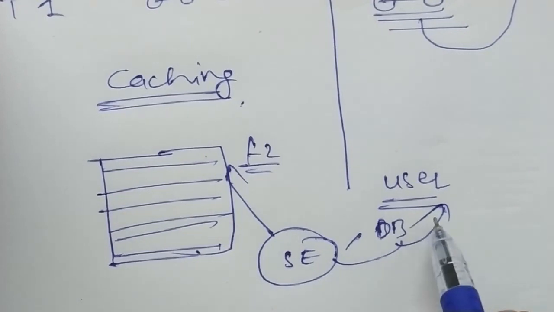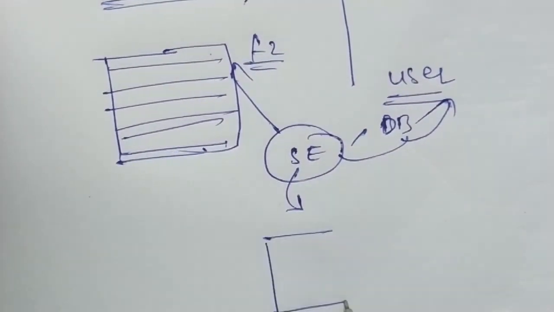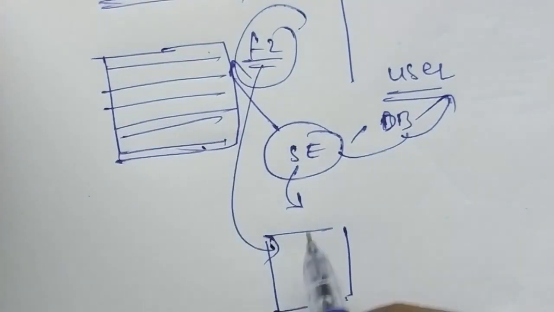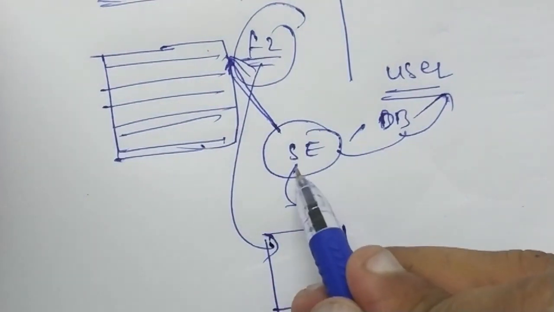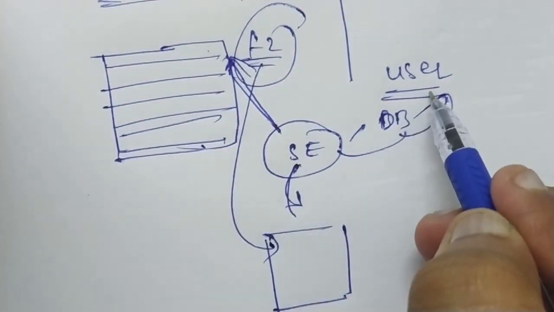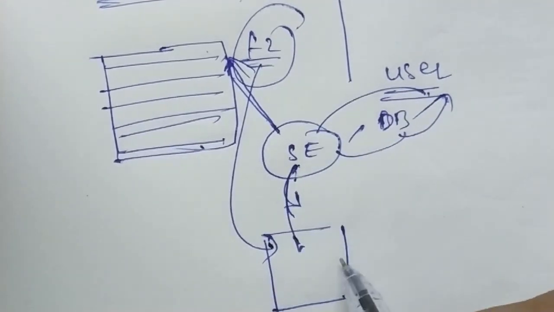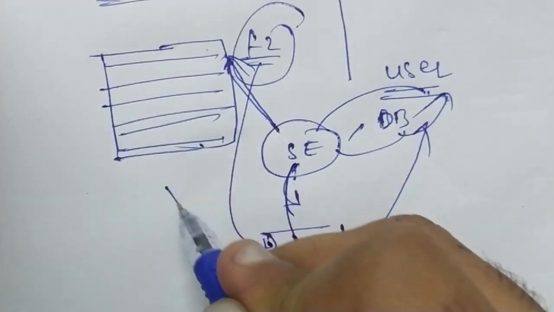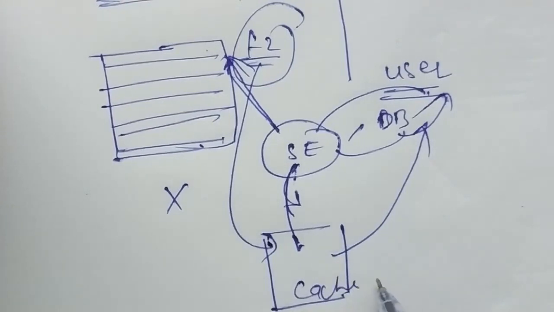Now the user asks for the first 2 rows again. So what the storage engine does here is it creates a cache memory, and it stores this first 2 rows of data in the cache memory. So now it doesn't have to ask the table again and again for that data, right? So now when you ask the database for the first 2 rows, the storage engine goes here and returns the data from here only. It does not need to go from here to here. So this step is skipped and this becomes faster. As we know, cache memory is fastest.